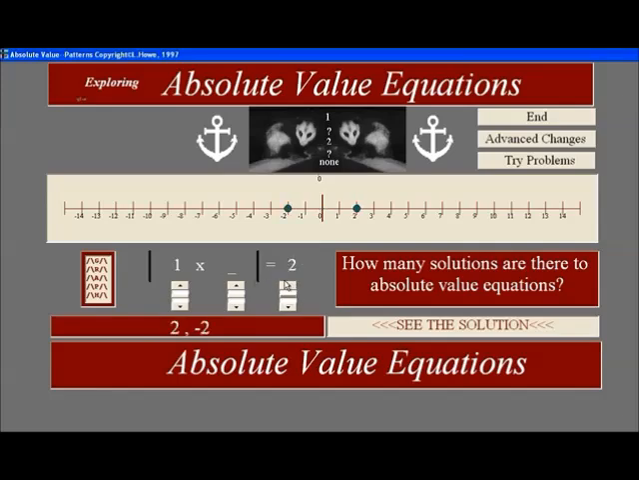So there can be one solution, or two solutions, or no solutions. If the absolute value of x is 0, then you get just the one solution, because x is 0. And now when we go to try the problems here,